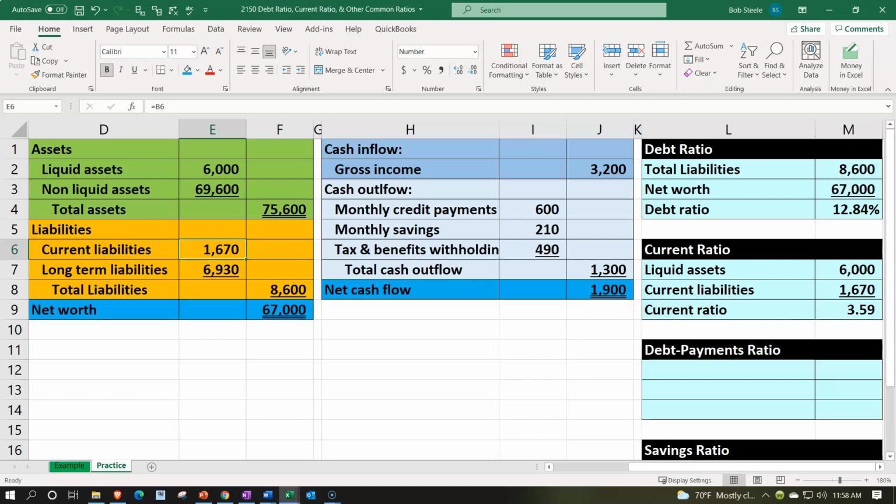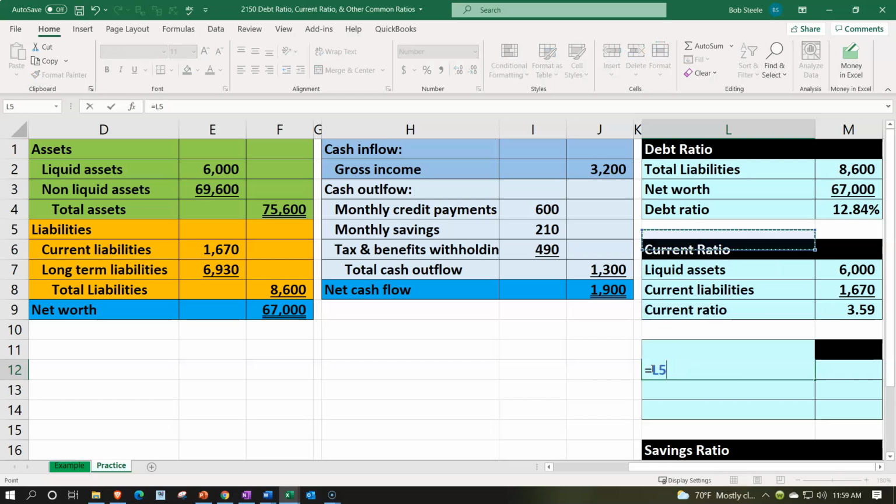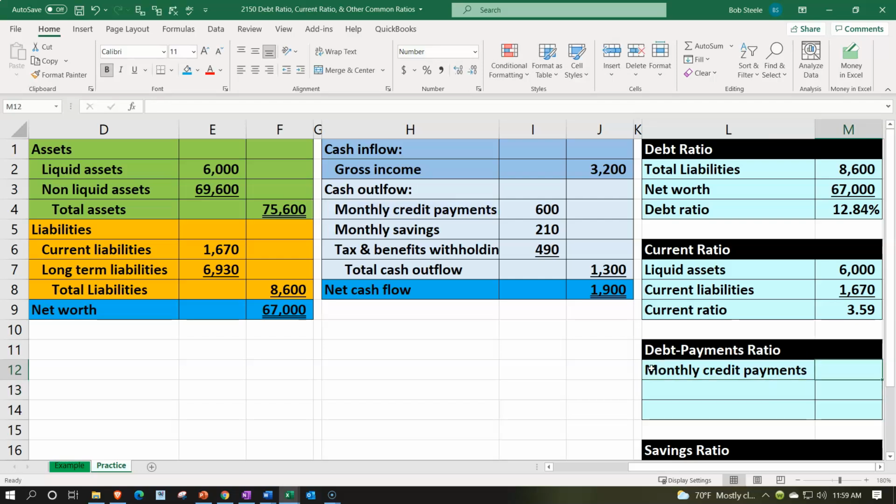So now we'll look at the debt payment ratio. Let's consider this. If you're on the bank side of things, they're going to want to say, how likely are you to be able to pay off your minimum payments at least? Oftentimes from a business side, you think about the interest that you can pay off. How many times can you pay off the interest? Here we're going to take a look at our monthly payments for the credit payments. We're going to say that's our loan payments. I called them credit card payments before, but let's just say those are our credit payments, loan payments of 600,